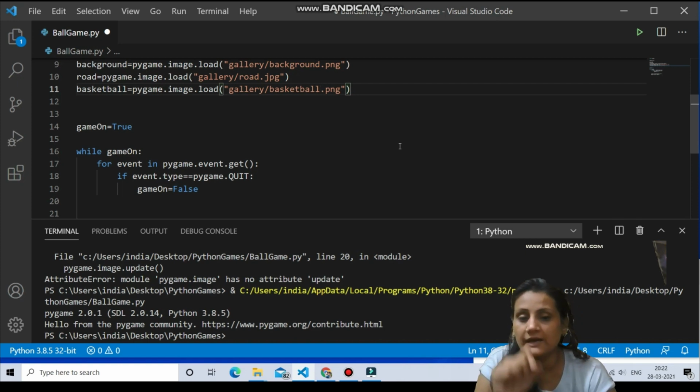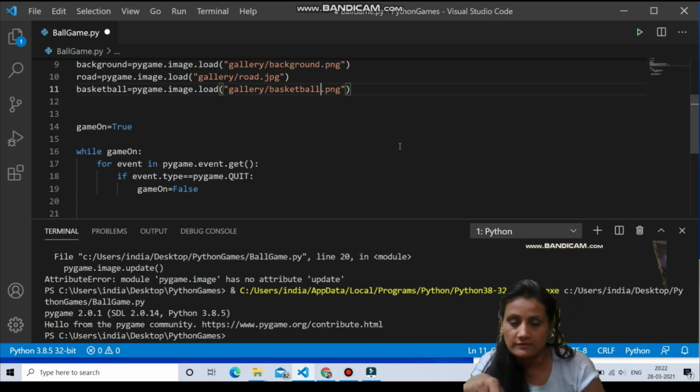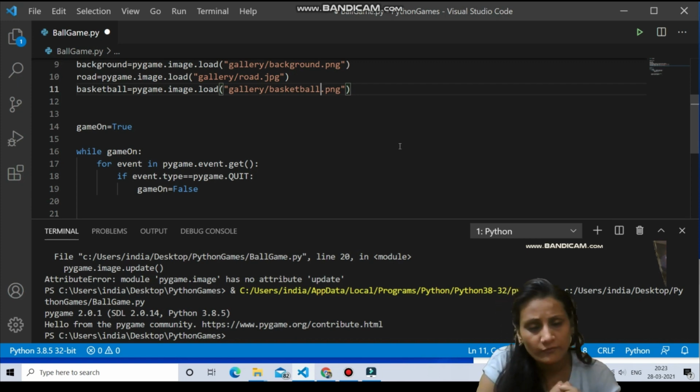So we have to decide the x coordinate and y coordinate. Your screen starts from 0 0, with 700 and 550 as the width and height. Now we have to tell proper coordinates. So what we have to do is decide on variables for the x and y coordinates, and all these variables must be global. So let's first decide the variables.